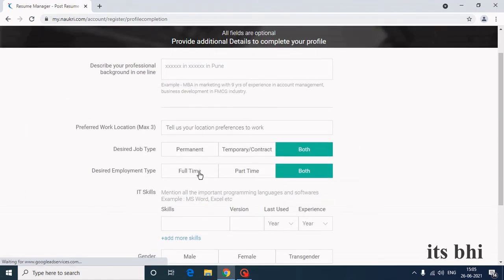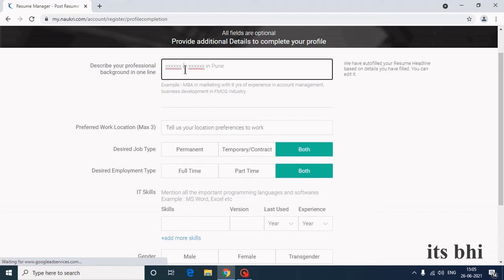You can add more education in the last tab. Okay, your professional background. This is also one of the important things. If a recruiter is viewing your profile, this is the one major thing they can see from the beginning of your profile: what experience you have had and what you have studied.